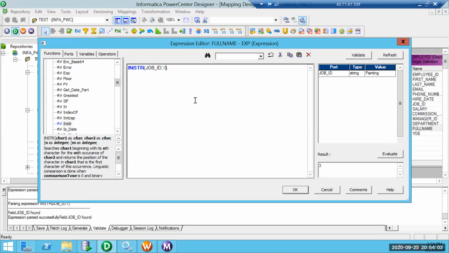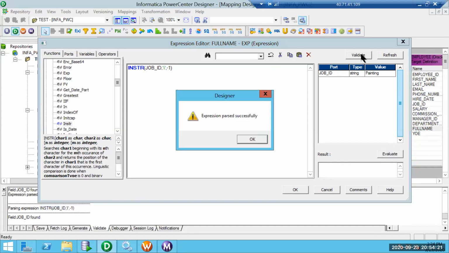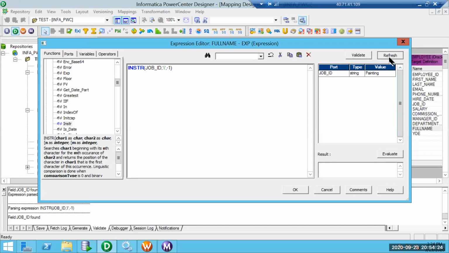But what if I want the last occurrence of I? I can give something called a third parameter, which is -1. -1 is nothing but from the reverse. Now, if I evaluate, it still shows me 3. When we make some change here, we need to validate and then refresh.